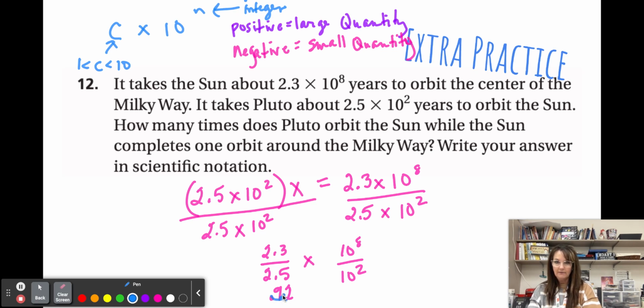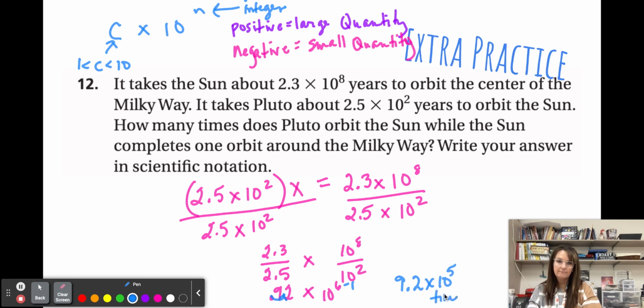Okay, I'm getting ahead of myself. Let me finish writing this. So 0.92 times 10 to the 6. And since I am moving it one place to the right, and it started out as a small quantity, that means I am subtracting 1 from here so that I get 9.2 times 10 to the 5th